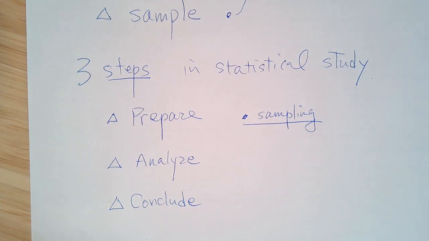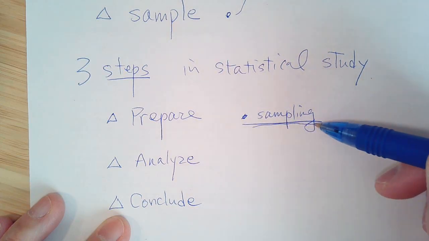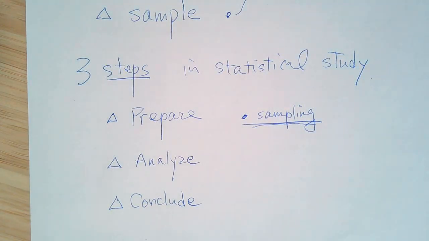So when we talk about this sampling method, there are several sampling methods. For example, there's a random sample. Random sample, that makes perfect sense, random, because it's really just random. Everyone has the equal chance to be selected. For example, if you want to know the average age of all college students, all the college that you work for or you are at,